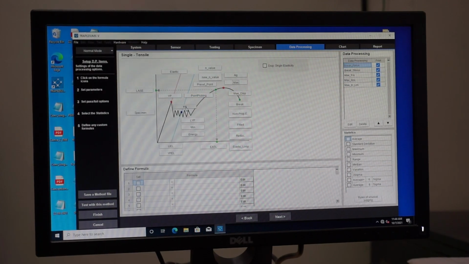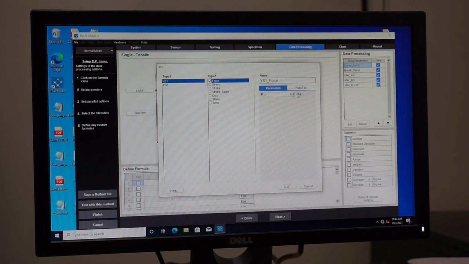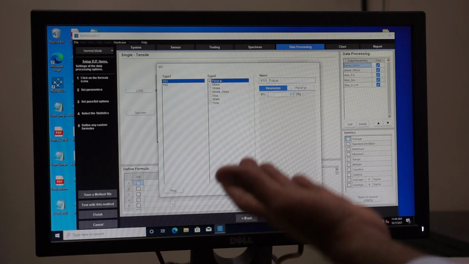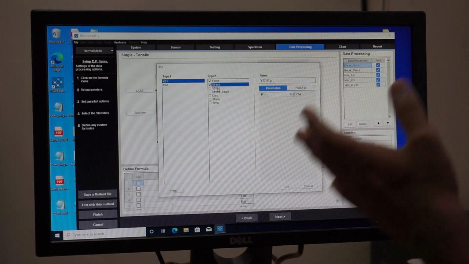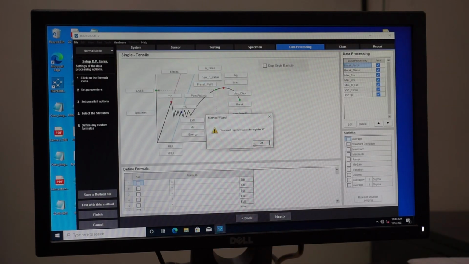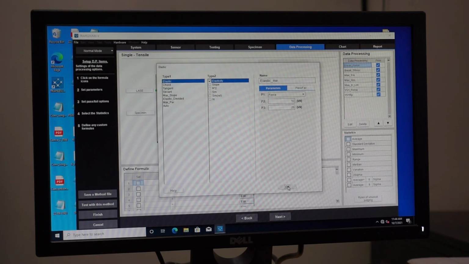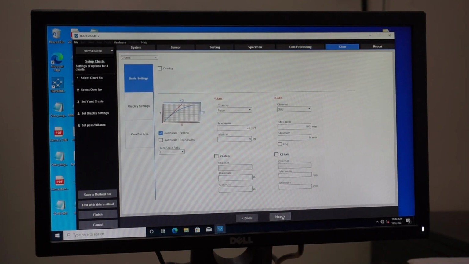Then I come to the yield strength, corresponding to 0.2% offset. This will give the force as well as the stress. This stress is totally dependent upon the initial diameter I have given in the geometry. So after providing every data, what I am concerned with is yield strength, ultimate strength, maximum deformation, and deformation at yield point. After setting these values, the next thing I am going to produce is a chart.